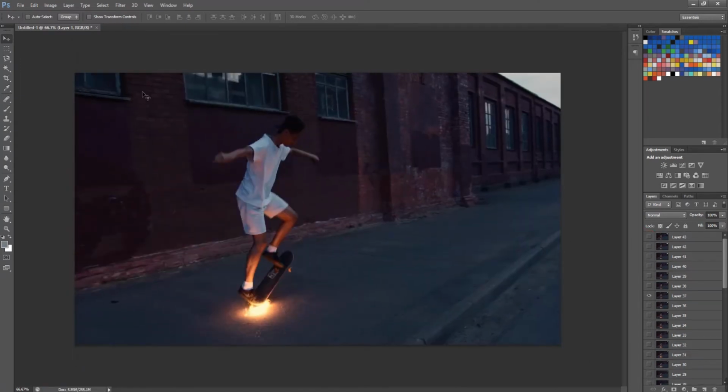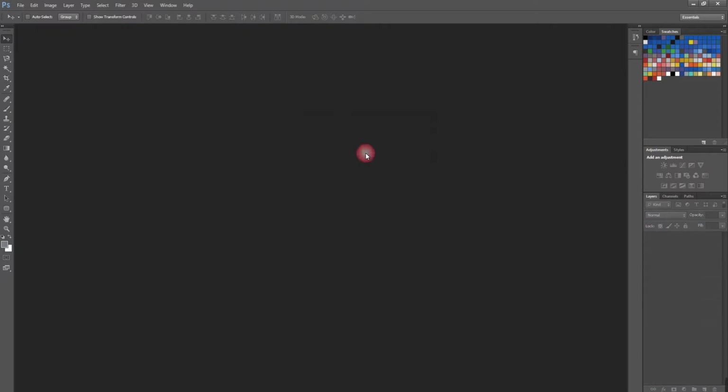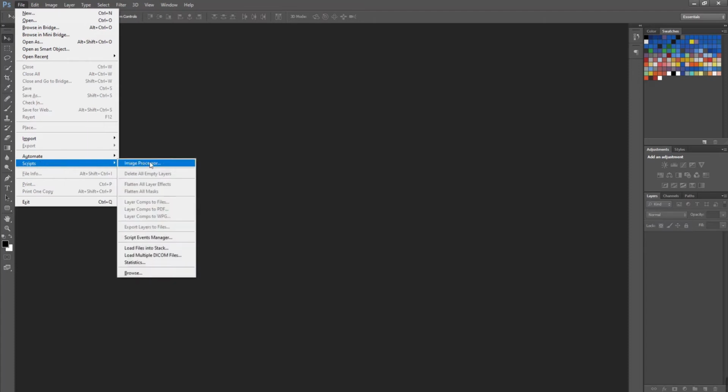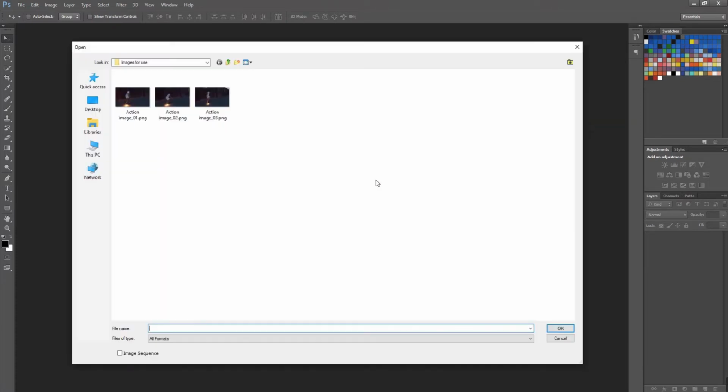Now our 3 images are ready to use. So go to File, Scripts, Load Files into Stack. Load those saved 3 images into the stack.